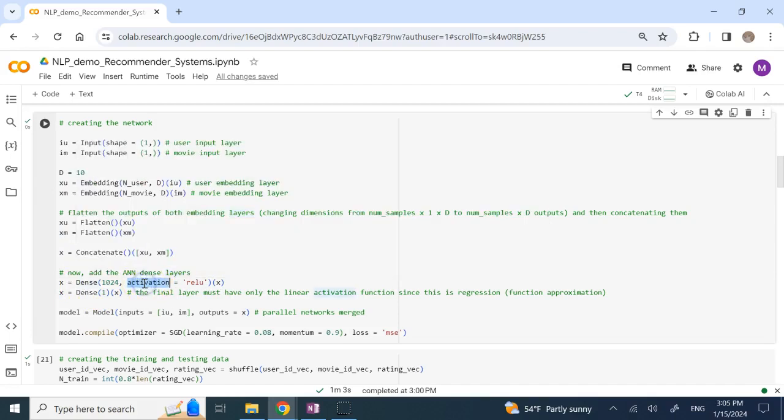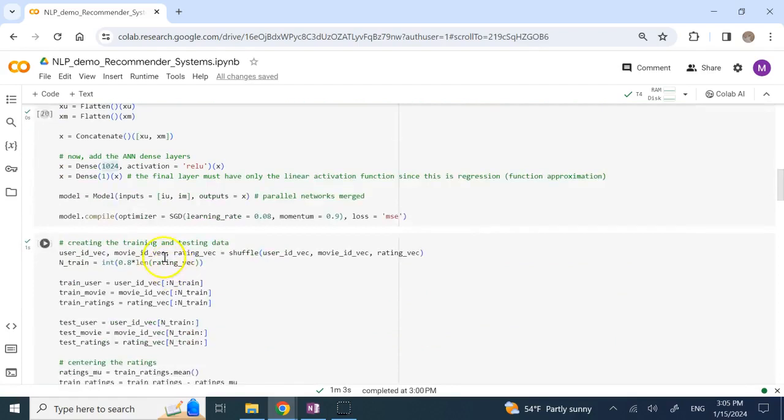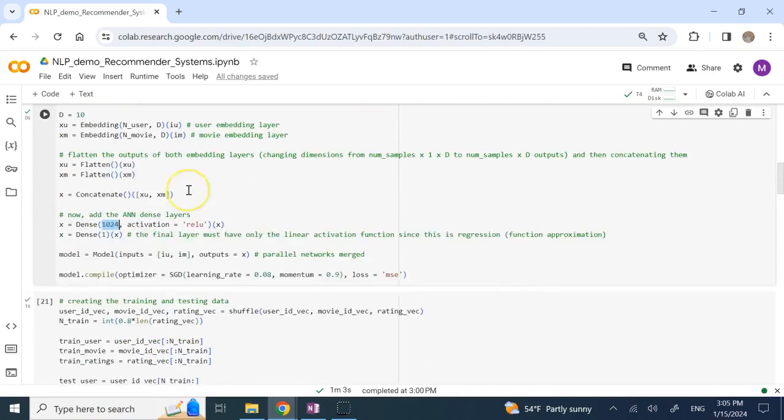What you need is first a dense layer before the final layer, and the activation function. You can use different types of function. We found that ReLUs are good. Here is the number of neurons in that dense layer, and here I use 1024 or 2 to the 10. You might say, isn't that a big number? Yes, but remember that you have tons of information, tons of users, tons of movies, tons of ratings, and so you better not go with a very small number here. Otherwise, you cannot learn this multivariable function.